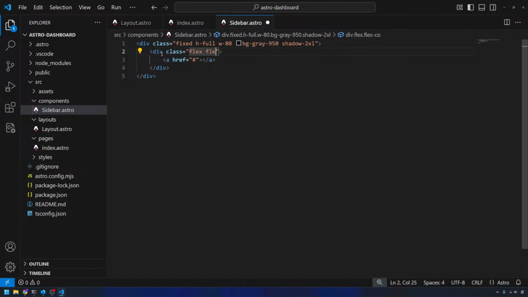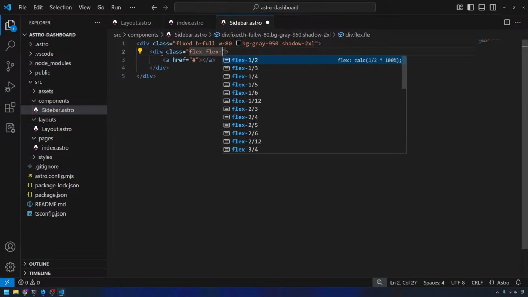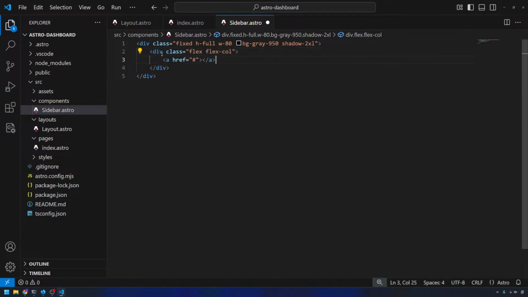Is that right? Flex. Oh my god, flex all. Yes, I think that's right. I think you can just make them block elements, so we probably wouldn't actually need to do that, but that's fine. So we'll do home